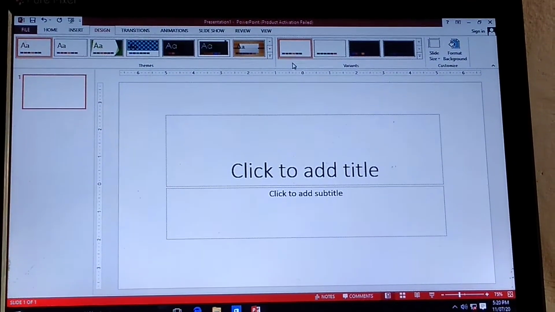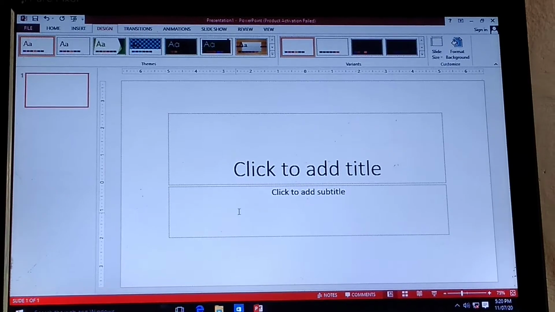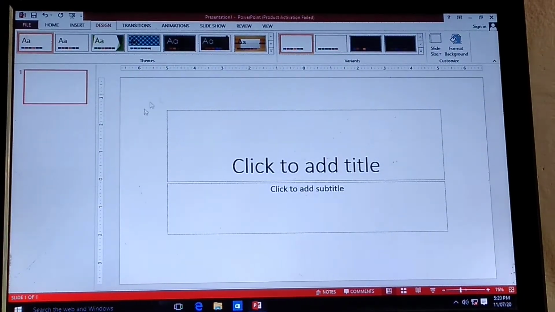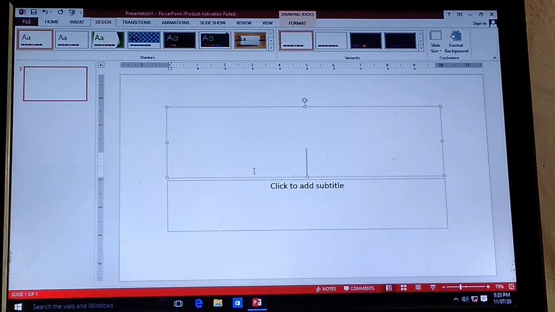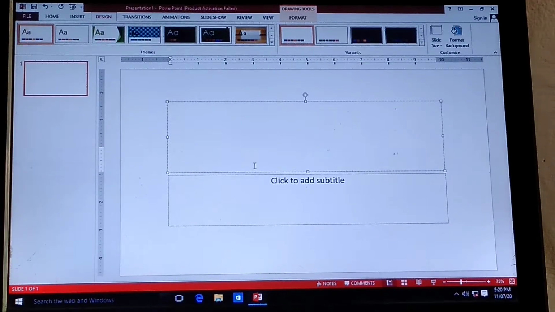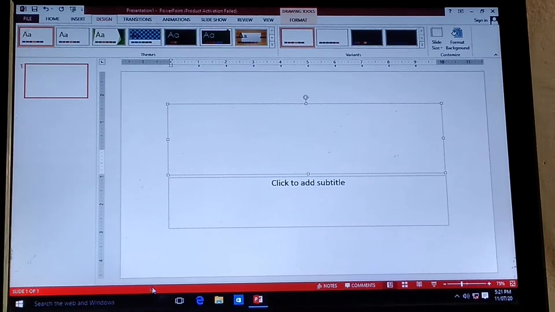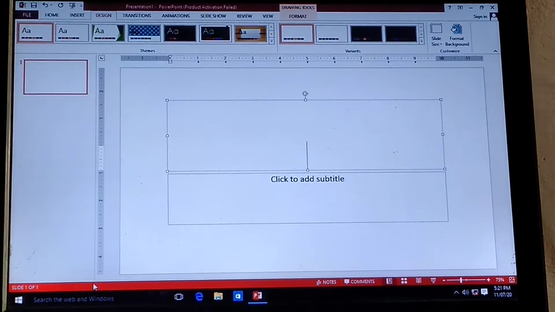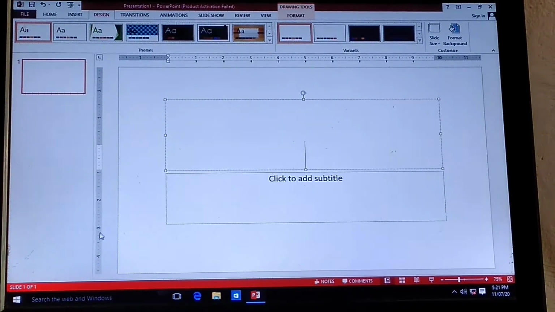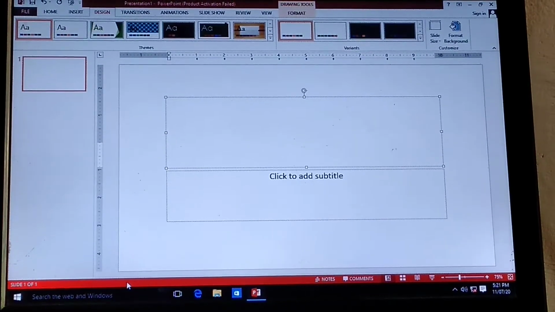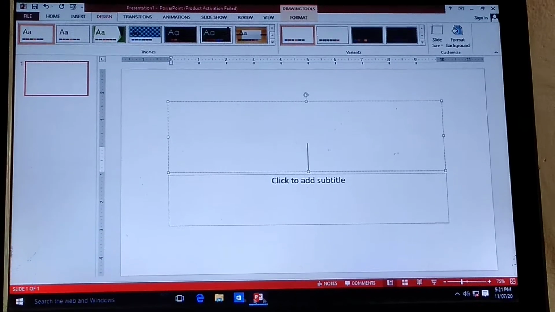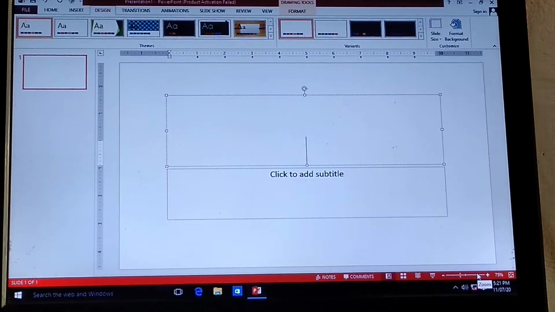Students, below the ribbon bar, you can see a very wide working space. This area is called slide design area. Here we design our presentation. And below that, this is called status bar. Can you see this red line where it is written slide 1 of 1? Okay. It contains slide number, spell check, comment button, note button, view shortcut toolbars and zoom toolbar. This is a zoom toolbar.